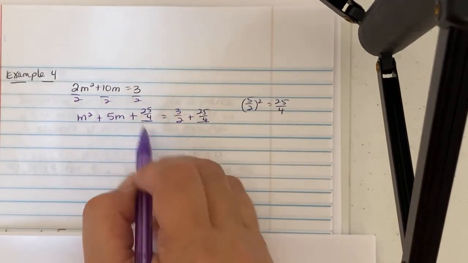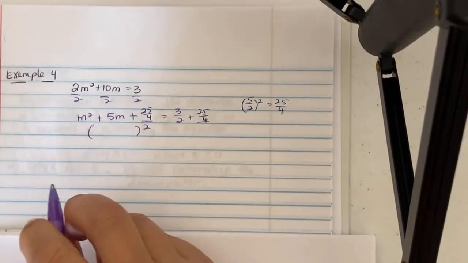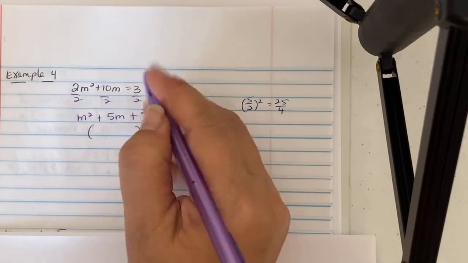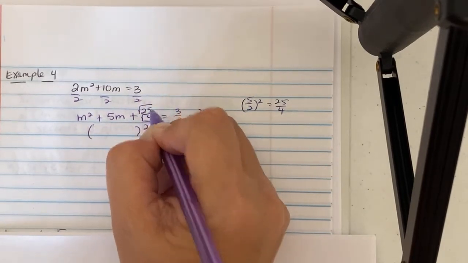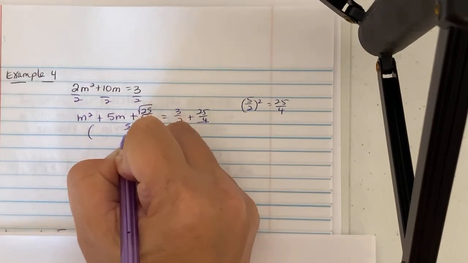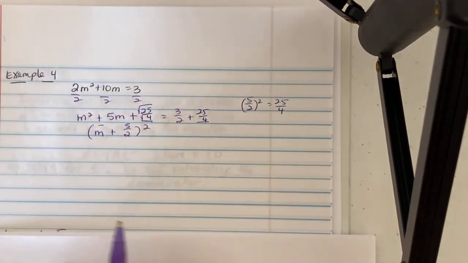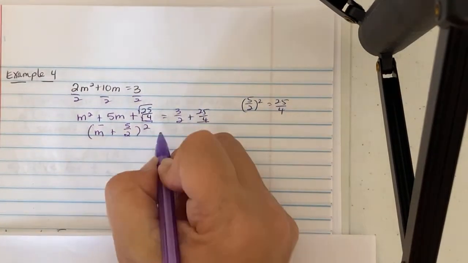The left side of the equation is going to collapse to become the parentheses to the power of 2. And then remember, it's what you took to get there. The square root of 25 is 5, the square root of 4 is 2. So I'm going to write 5 over 2. The variable is an m. The sign in the middle is a plus sign, so I have a plus sign on the left. On the right side,